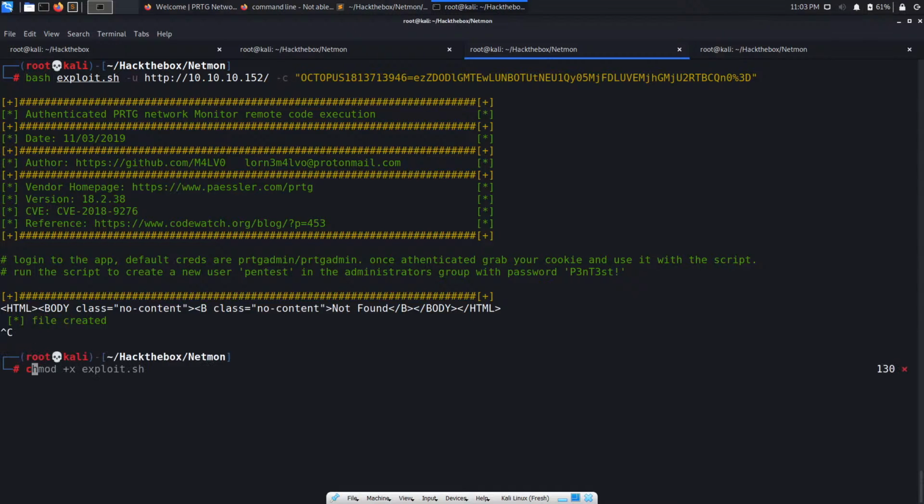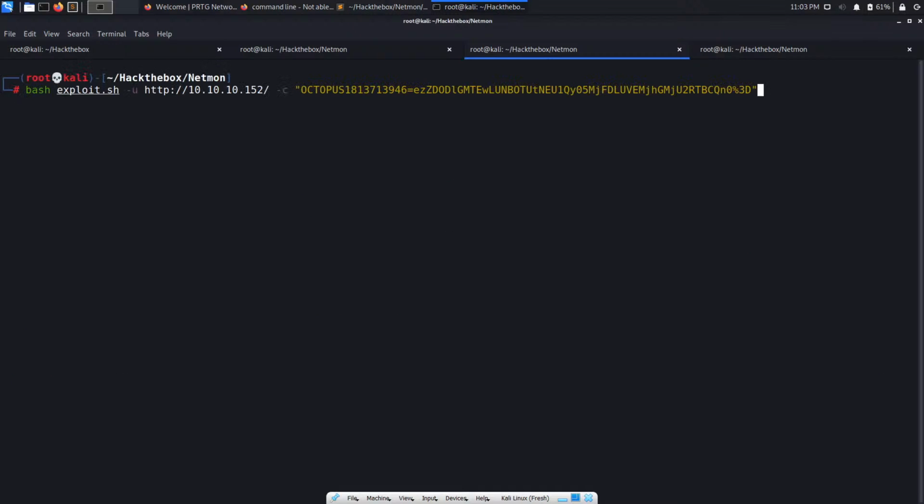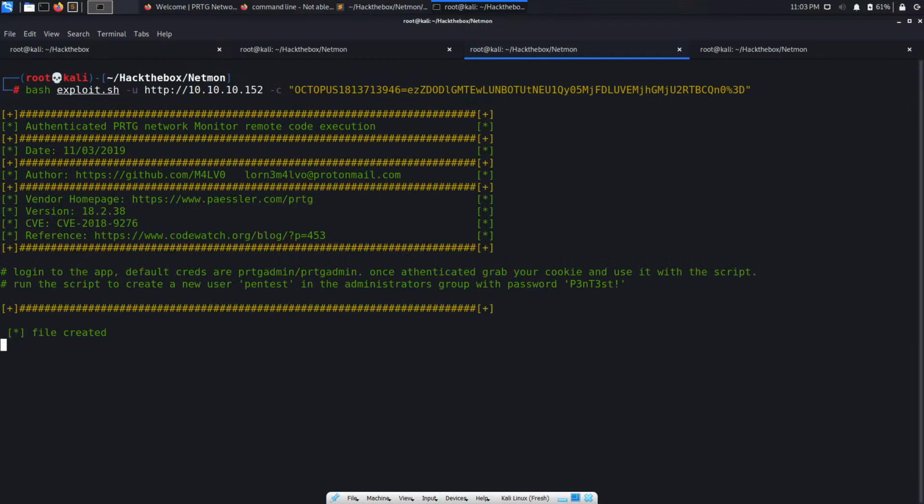Just a minute, let me clear once again and let me run that for you. Sometimes this slash works. Yeah, we need to remove that slash, okay, so that it will not show you any HTML stuff. And guys, if this script ran successfully, you can see a new user named pentest will be created, and the password will be pentest